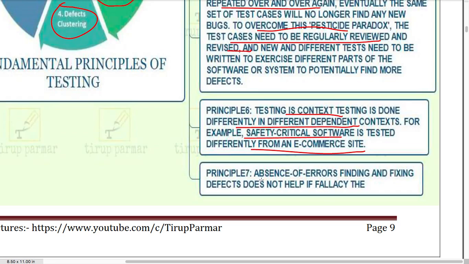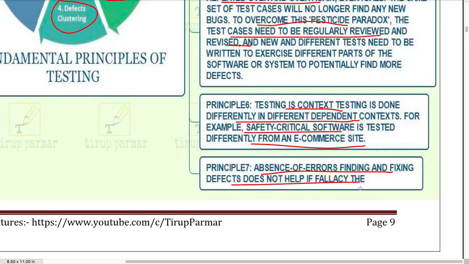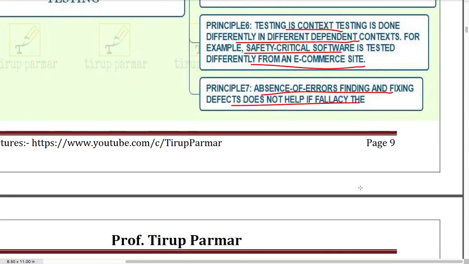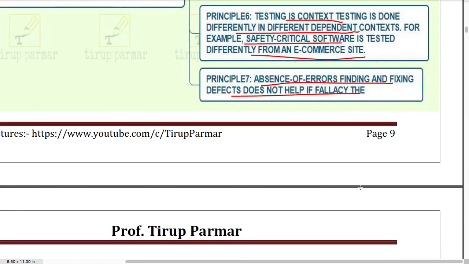And the seventh principle, as you can see, is absence of error fallacy: finding and fixing defects does not help. It means there is no way to say that if your software is perfect, users are going to accept it. If you don't find any defects in your software, it doesn't mean that users are going to accept that particular software, because